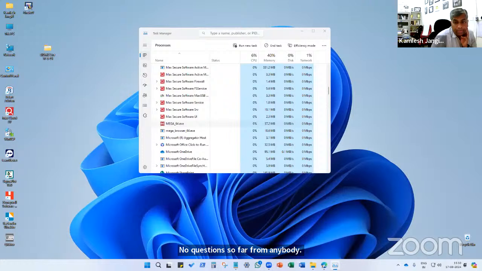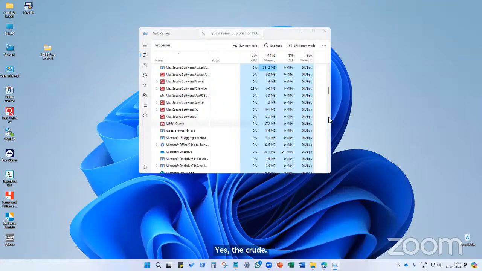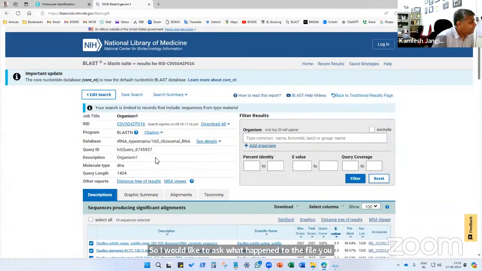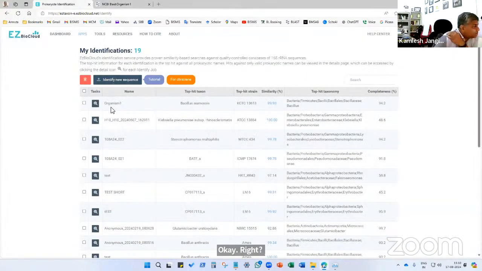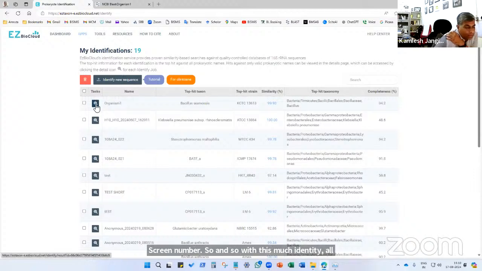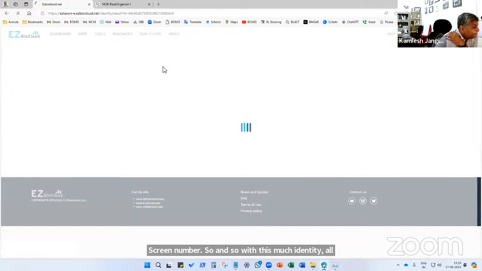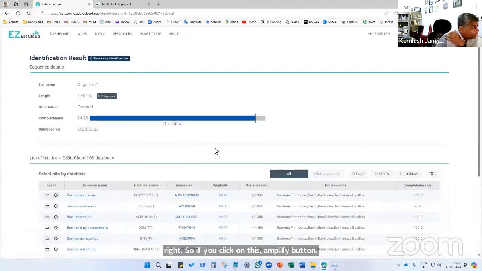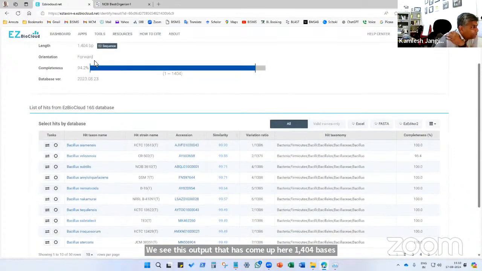Yes, Zikrul. So I would like to ask what happened to the file you uploaded into the EasyBio Cloud? Okay, right. Yeah. So EasyBio Cloud has also given us an output, and we see that organism 1 is identified as Bacillus siamensis, strain number so and so with this much identity. All right. So if you click on this amplify button, we see this output that has come up here, 1404 bases, and the orientation in which it is matching is